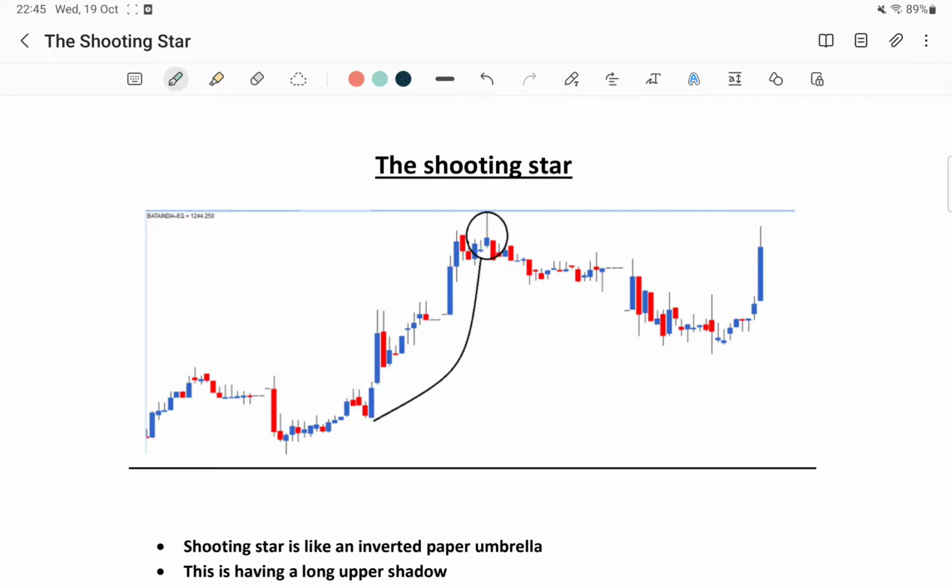That is basically ulta of the paper umbrella candlestick pattern. That means in case of the paper umbrella candlestick pattern, how did it normally look like this? The body you will see and there will be no upper shadow, but you are seeing a lower shadow. The lower shadow is 2 times the body size. But in case of shooting star, this is basically ulta: you will see a body here, but you will not see any lower shadow and you will see an upper shadow. And the upper shadow that you will see here is 2 times the body size. If these conditions are satisfied, then this is called a shooting star.